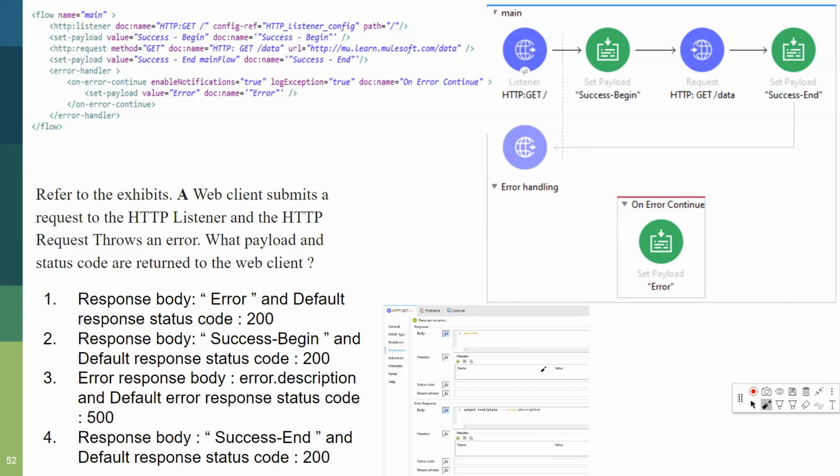What will be? So the error happens in here, right? The error happens in there. So let's say it goes like this, the main event is going like this, and the error happens here. From here, it comes to here. Red in, green out. Always remember that. Error gets resolved. It is success here. So your answer should be number 1 or number 2.